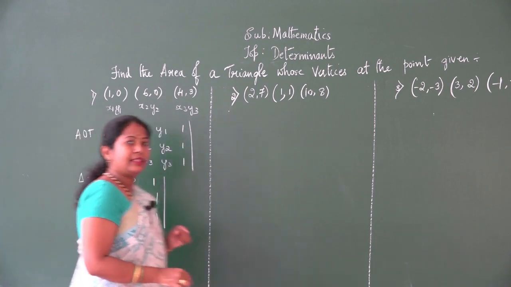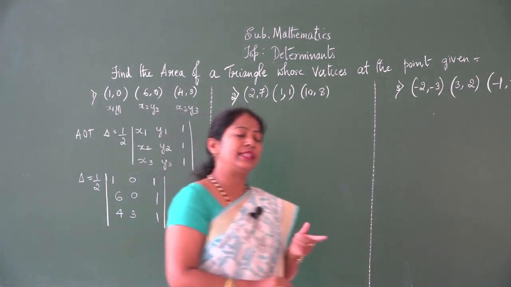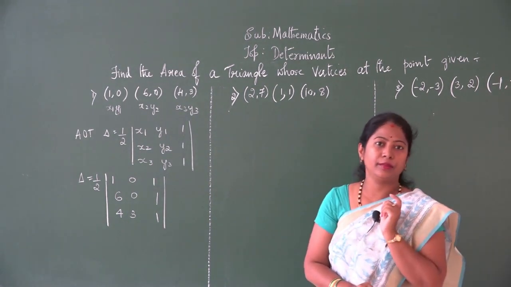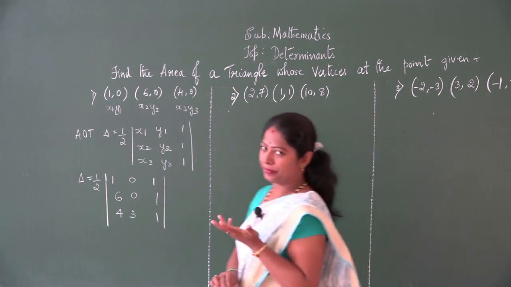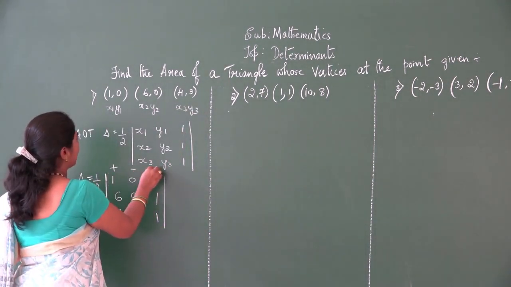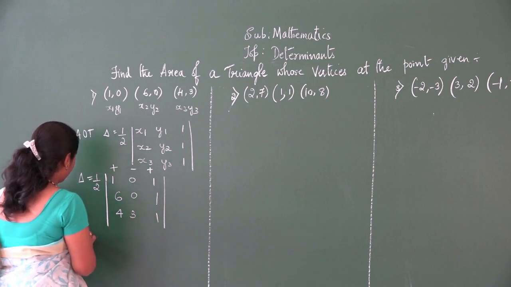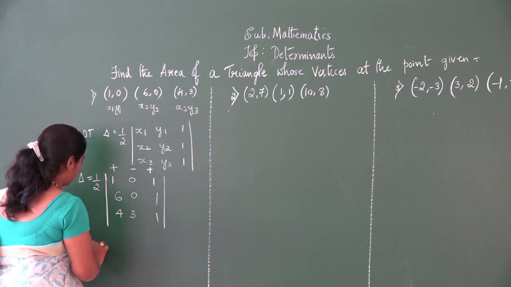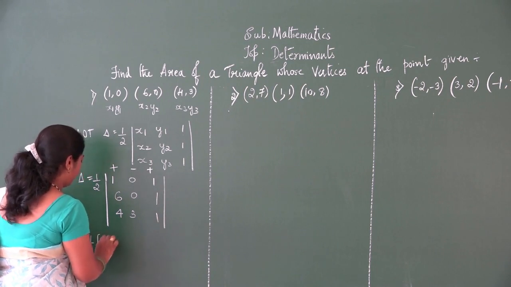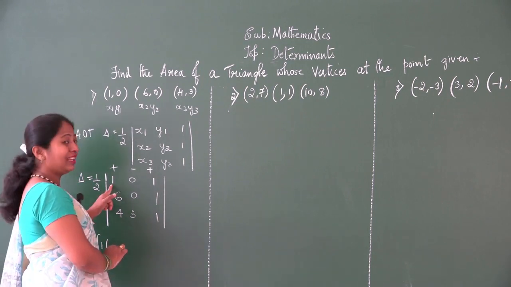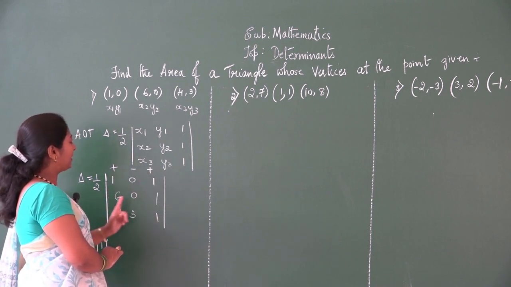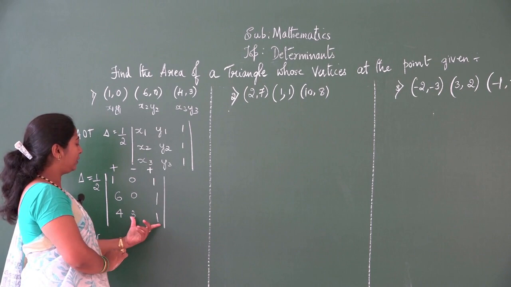As I told you earlier in the previous sessions, what is the sign associated for a 3 cross 3 determinant for us to get the value of the determinant? It is plus, minus and plus. So we shall mark the signs as plus, minus and plus. Expanding the determinant, we get delta is equal to half into plus 1 into, when I consider 1, as I said earlier, you are supposed to leave that element's row and that element's column. Left out is 0, 1, 3 and 1.